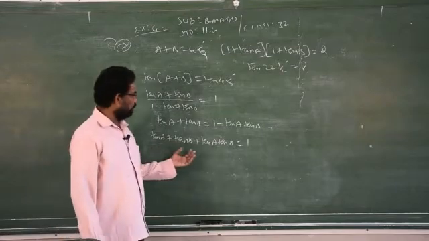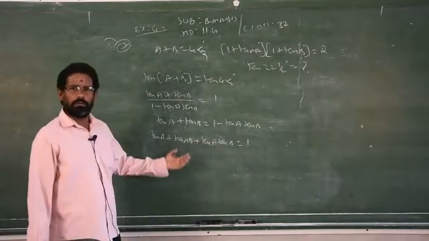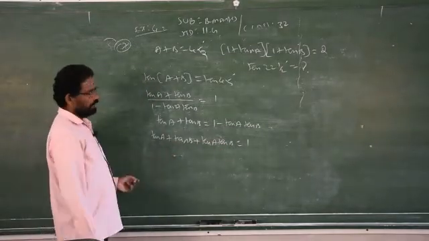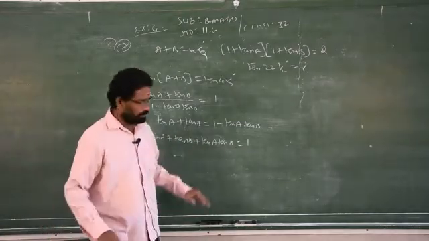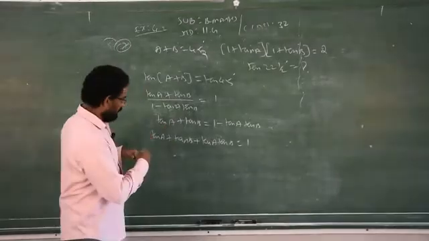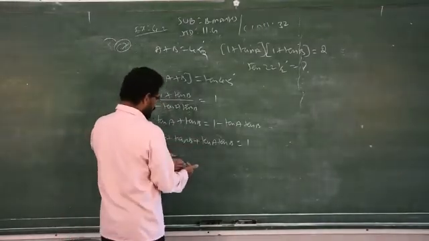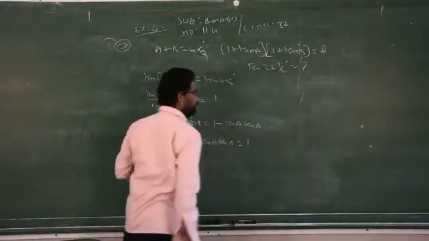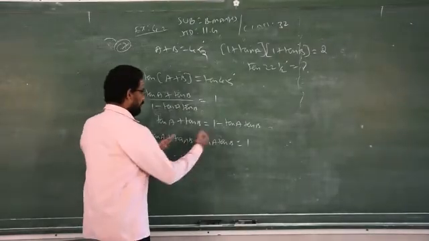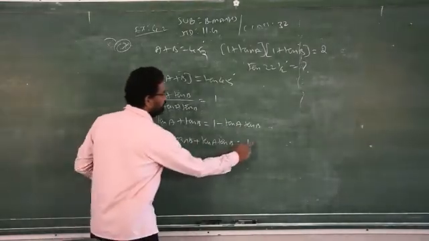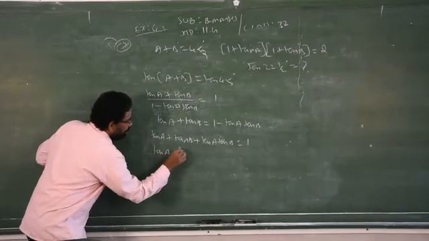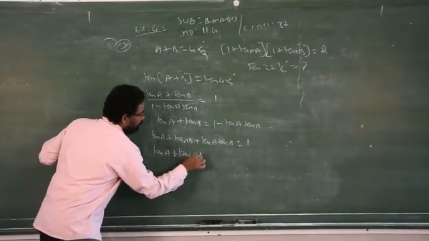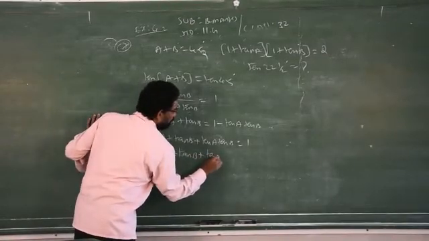So I am adding 1 on both sides for my simplifications. It is not a concept that you have to add 1 always after the steps for all the problems. For my understanding, that is for my simplification, I need the result as 2 on the right side. So I am adding 1 on both sides. Then will we get 1 plus 1 how much? 2. So based on the concept, I am adding 1 on both sides.